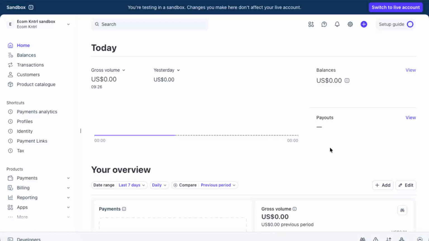In today's video, I'm going to teach you how to enable Cash App Pay in your Stripe account. We'll walk through this step by step so you can start accepting Cash App payments quickly and confidently. Make sure you're logged into your Stripe account before you begin, and that you have the right access level to